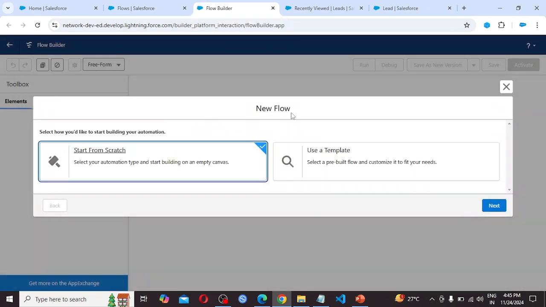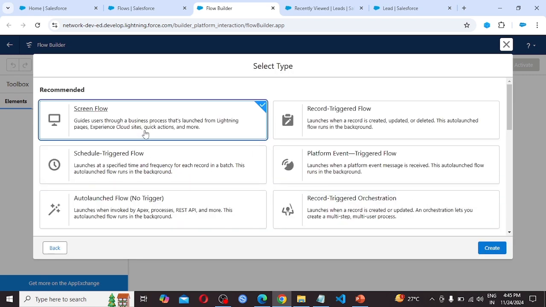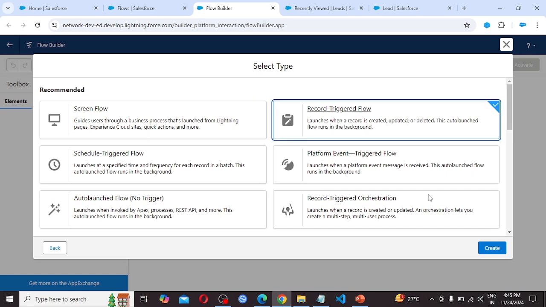It is prompting us for a new flow. Either we can go with Start from Scratch or use a template. I am going with Start from Scratch. Click Next. Also we are going to do this scenario with a record triggered flow, so let's choose this one. Click Create.